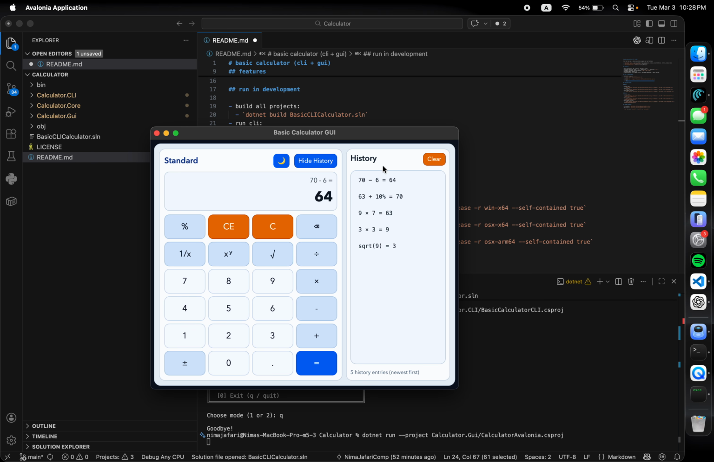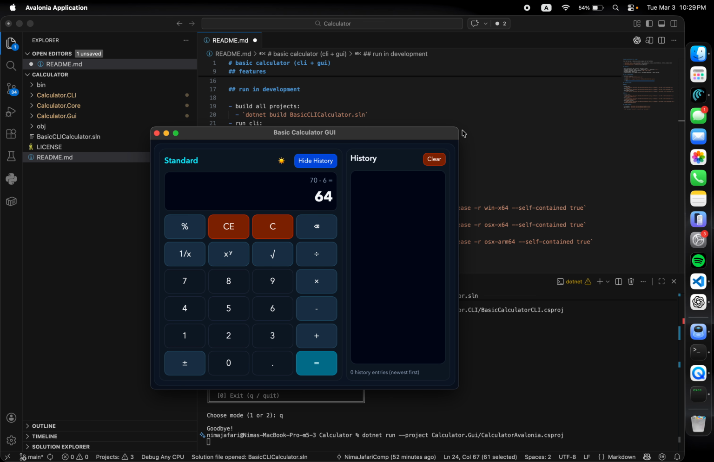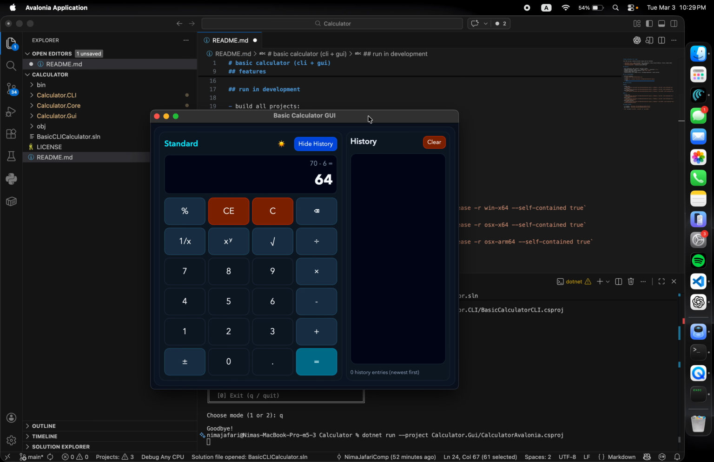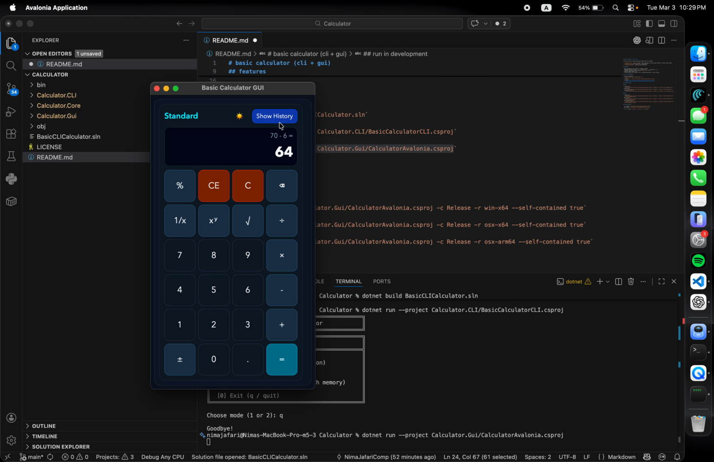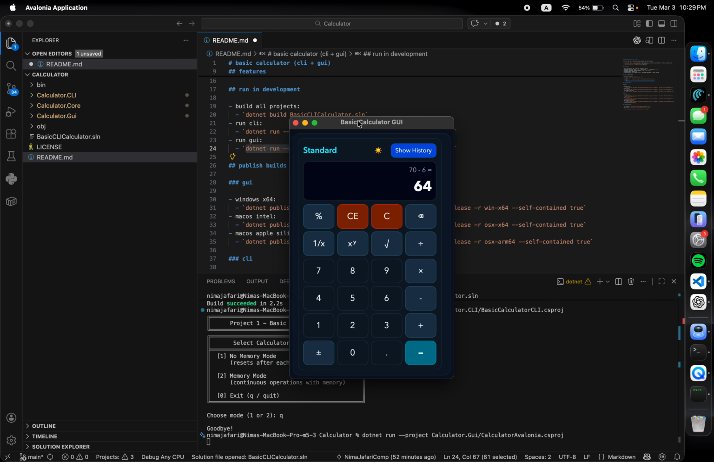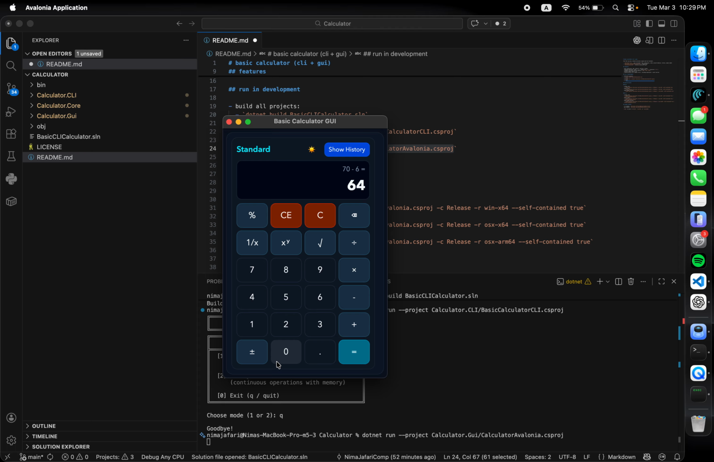So you have clear. The only difference is the color. With the history open, you can also resize the whole window. Let's hide this history and make these the normal thing, and that's it. You can just play with it, multiply them, clear it, and then you can see